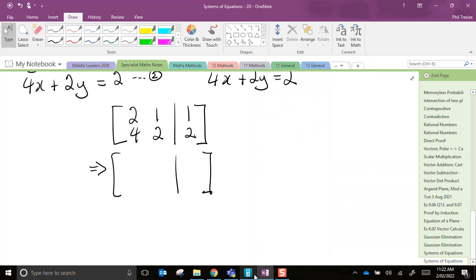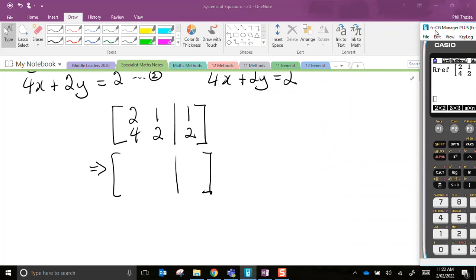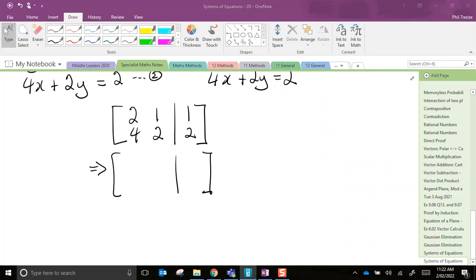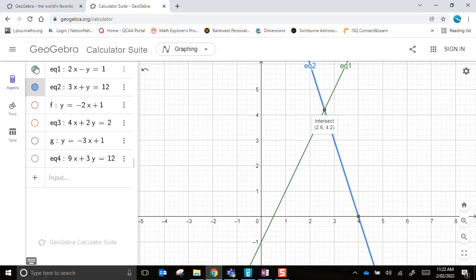It was, the first row was 1, half, half, and this is the bit, 3 zeros. Now, there's nothing wrong with that second row. It means 0 times x plus 0 times y equals 0. Perfectly true. But as we'll see when we look at the graphical interpretation of this,